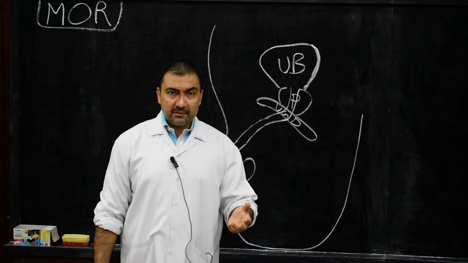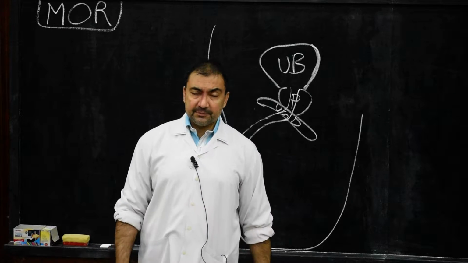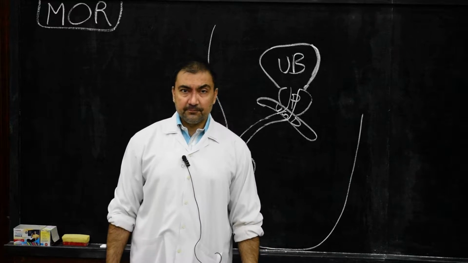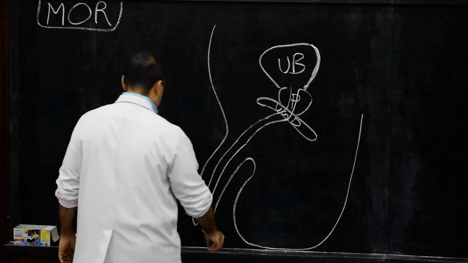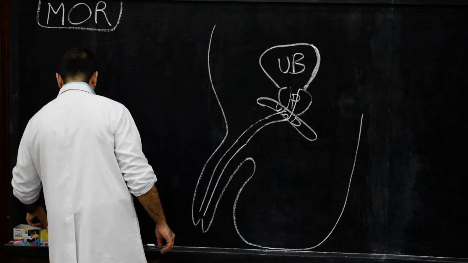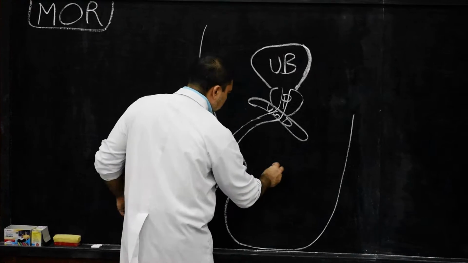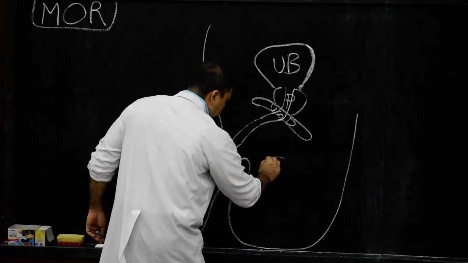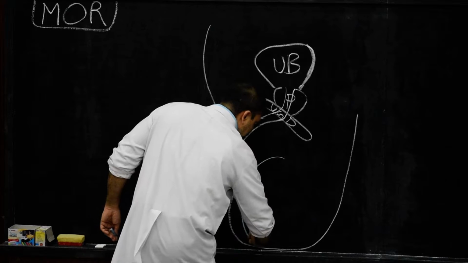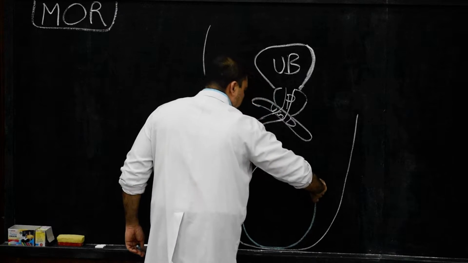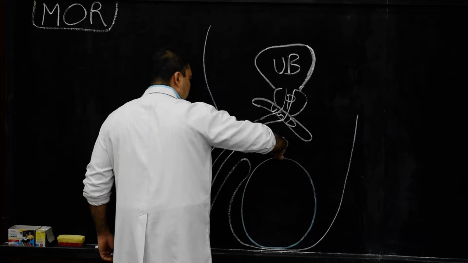So 5 cm by 3 cm by 2.5 cm. These are the dimensions of the testes. And therefore, if we draw the testes here, we will show this with the blue color. It's a simple diagram. So therefore, here we draw the entire